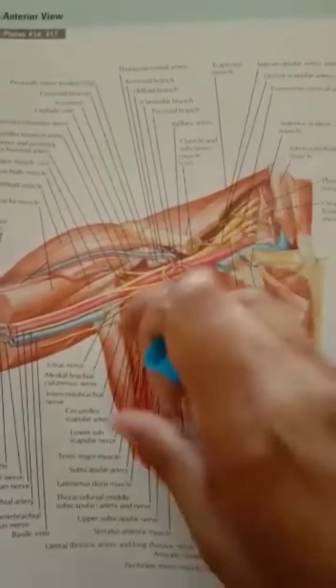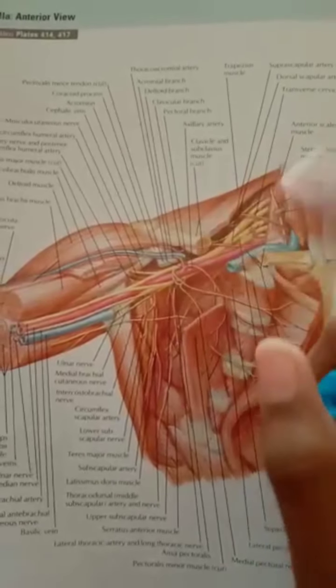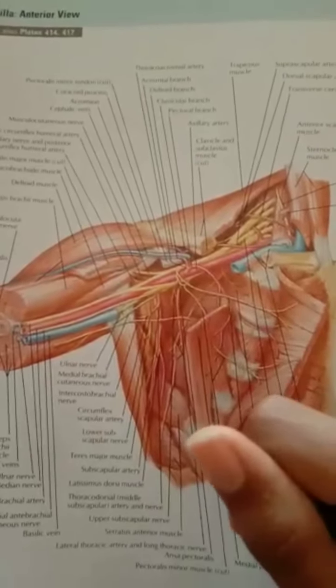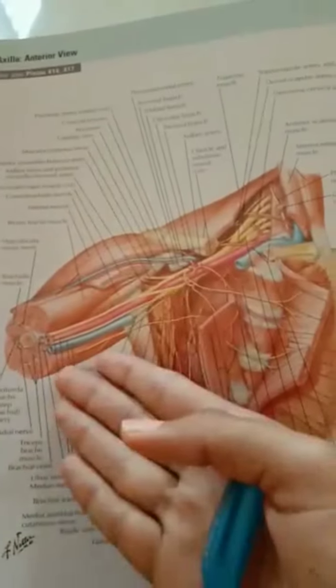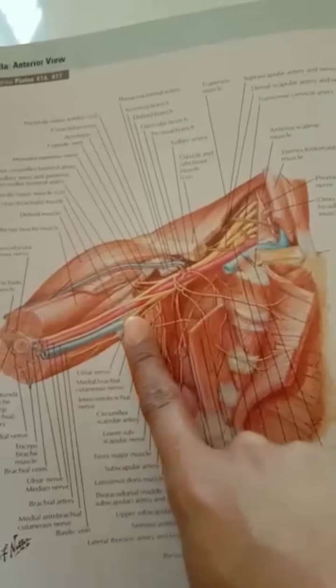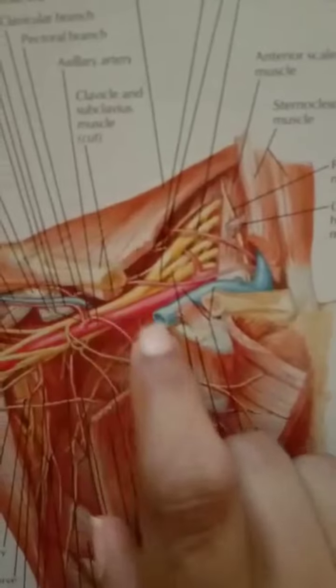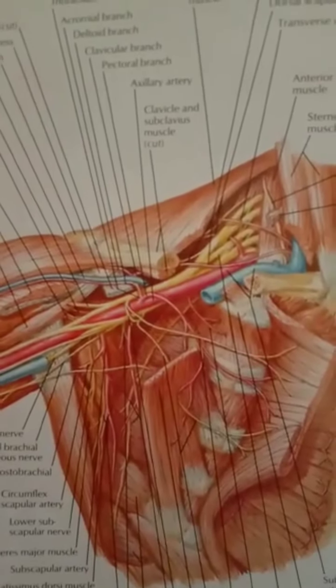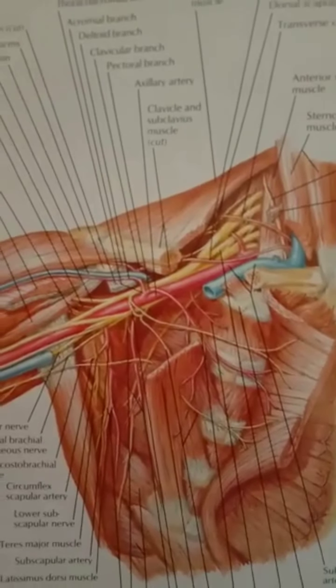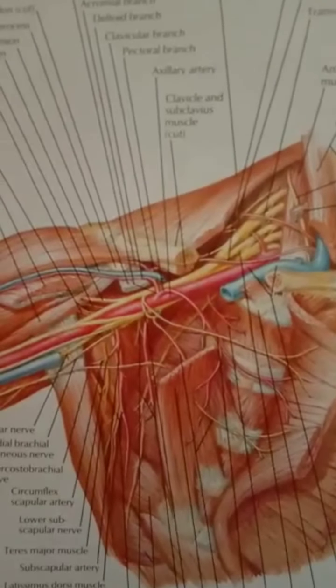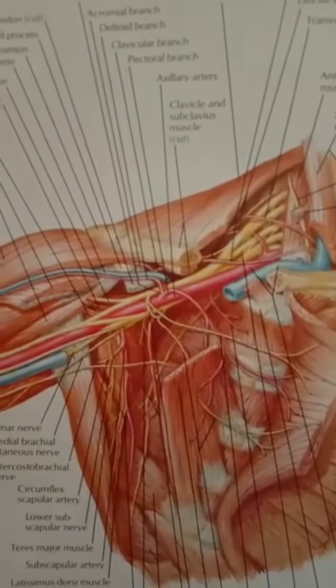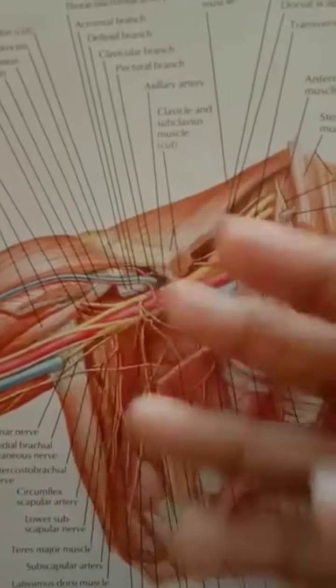And the contents, so what are the contents passing through the axilla? The contents are the axillary vein, axillary artery, the cords of the brachial plexus. You can see these are the cords of the brachial plexus. These also pass through the axilla. Here you can see the axillary artery and the axillary vein, and this one here is the axillary artery. And next here we also have the cords of the brachial plexus, especially the medial cord, lateral cord and the posterior cord. Of course, these are the three cords of the brachial plexus, and we also have the axillary nodes.